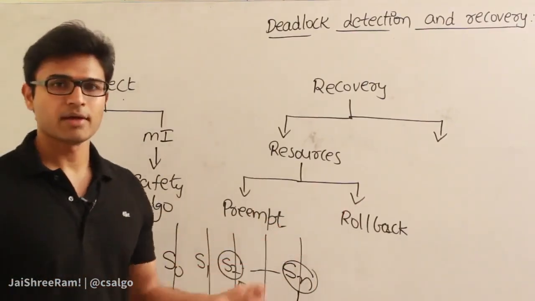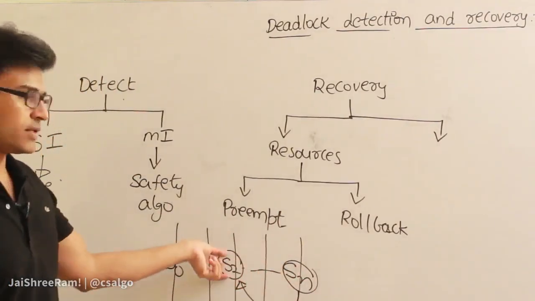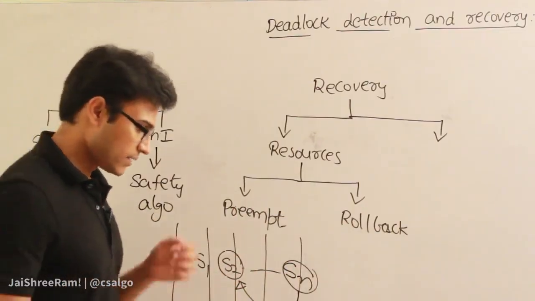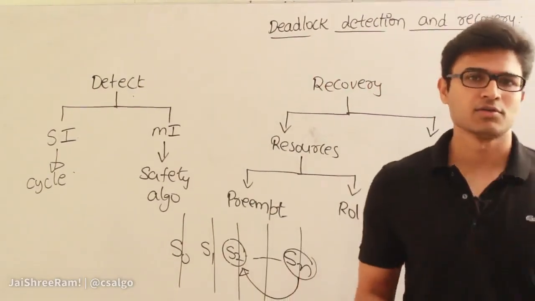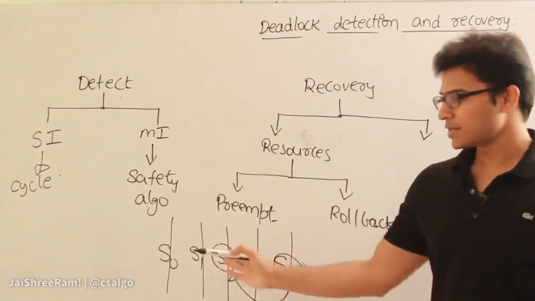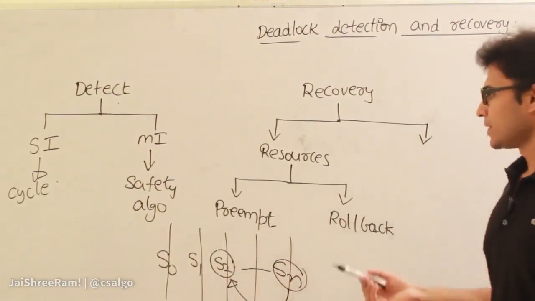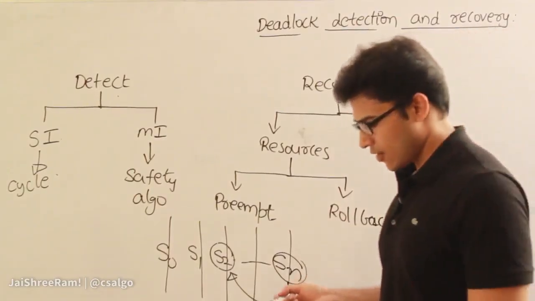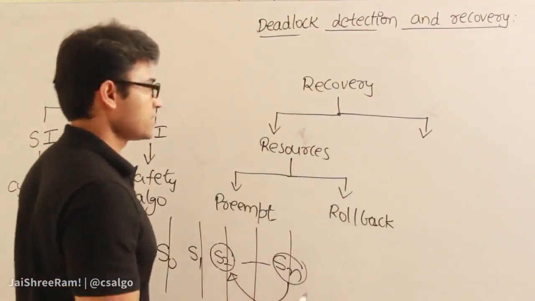When you roll back, the resources will be released. Some resources will be released and then you will be in some state, and again we continue with the allocation of the resources. So you could either preempt one resource or two resources or n resources, or you could go back to a state where some of the resources will be completely released, where the system was safe. And now the other method of recovery is, other than this, dealing with resources,